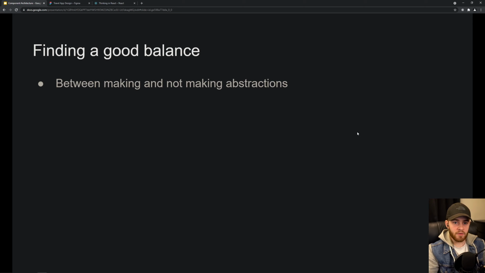But maybe you will eventually switch jobs or something like that. You come into a new team and they might have a completely different idea about finding that balance, right? Where that balance should be. Maybe you come into a team where they fixate very much on the DRY principle. If they do, show them this video, okay? But, you know, make abstractions when it becomes a problem. That's the main